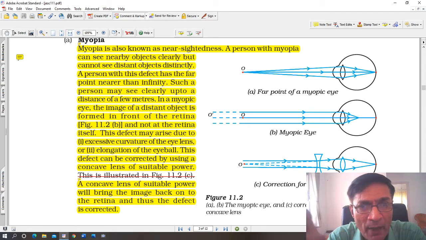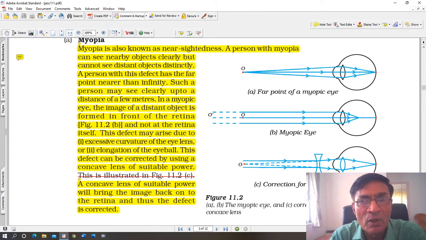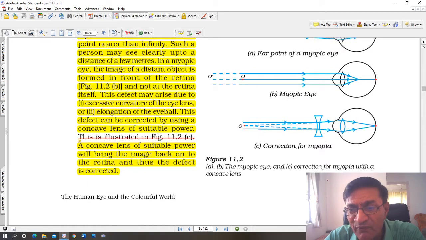So this myopia or nearsightedness is caused when the rays of light do not meet exactly on the retina but slightly in front of the retina. That is the description here, same thing. So an image is formed in front of the retina rather than on the retina. And for correcting this, a concave lens of appropriate focal length having minus focal length, minus diopters, is used so that you can see a sharp image on the retina. Alright, so these 3 figures must be drawn.